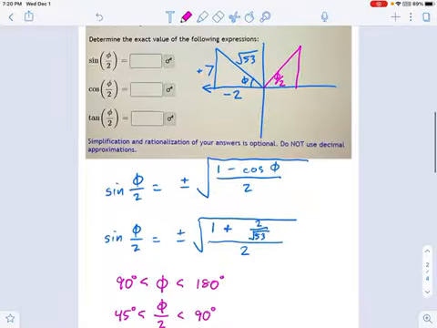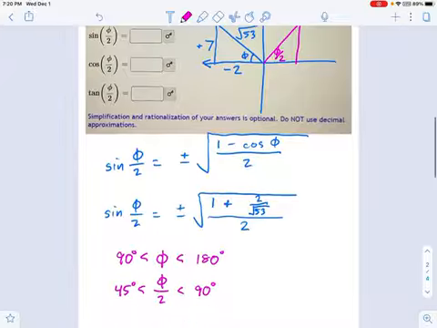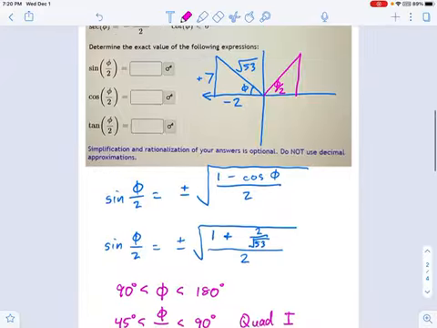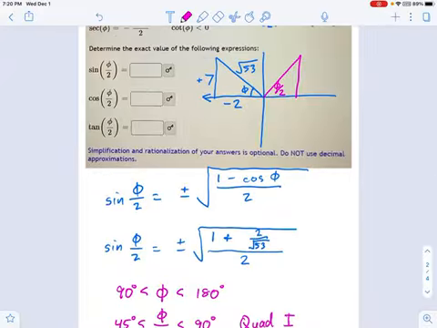And you can either convince yourself of this visually using the coordinate plane or just do some algebra over here with the angles. Now, if phi over 2 is in quadrant 1, okay, that's what this means right here. This is in quadrant 1. What is the positive or negative sign that's appropriate on the sine trig function? Well, sine trig functions in quadrant 1 are always positive. And yes, I know in this problem it would have been the same either way, if you did quadrant 1 or quadrant 2. But be careful because when we're coming up in the cosine one next, now it really does matter.